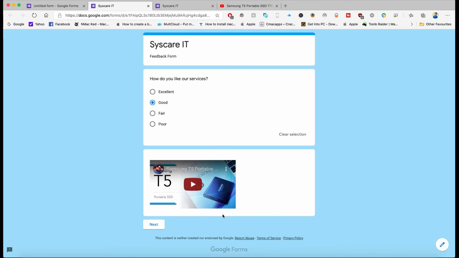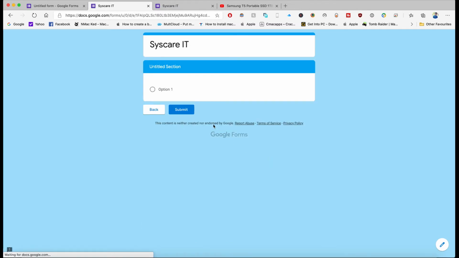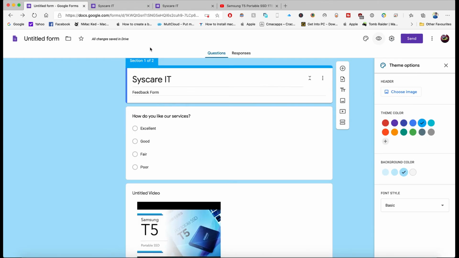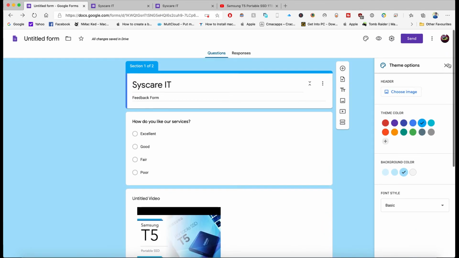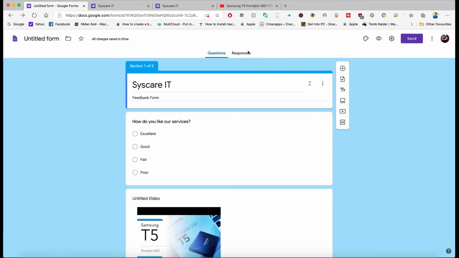Like this, at last they have to press the submit button. Once the form is filled, they can submit here, and you will get the response in your Google Form, where you can check the submitted forms. Like this way Google Form works.